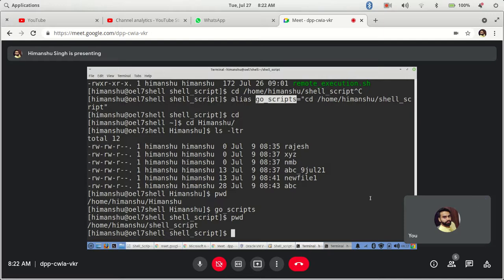Yes, of course. You can use it in a shell script. You can go ahead and use it in your bash profile directly, because this alias what we have defined is only going to be true in this specific shell. It is not going to be true in other shells. So you have to define this in your bash profile.